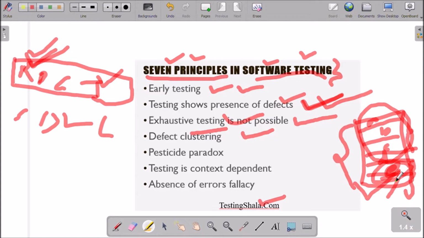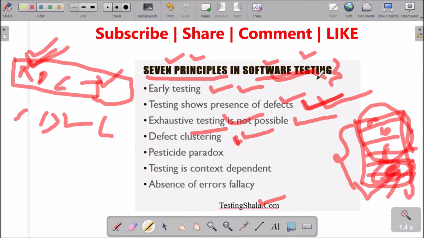We have to strategize our testing in such a way that more testing effort goes towards the areas where we are finding more issues, and wherever the system is stable, we may not put so much effort into our testing. So that is the fourth testing principle in software testing. So let's move on to the fifth